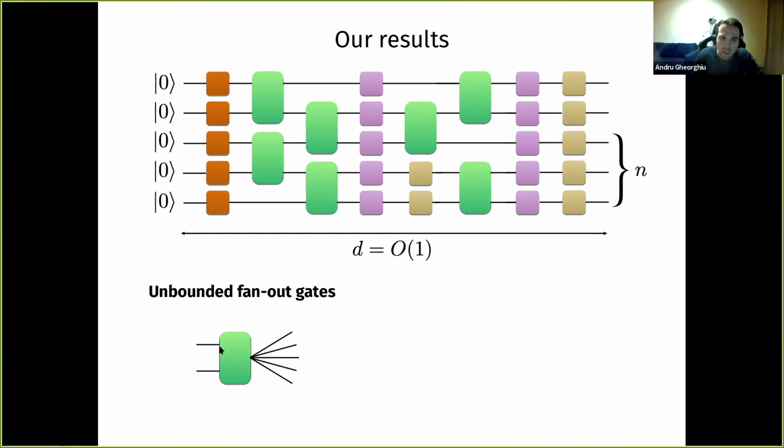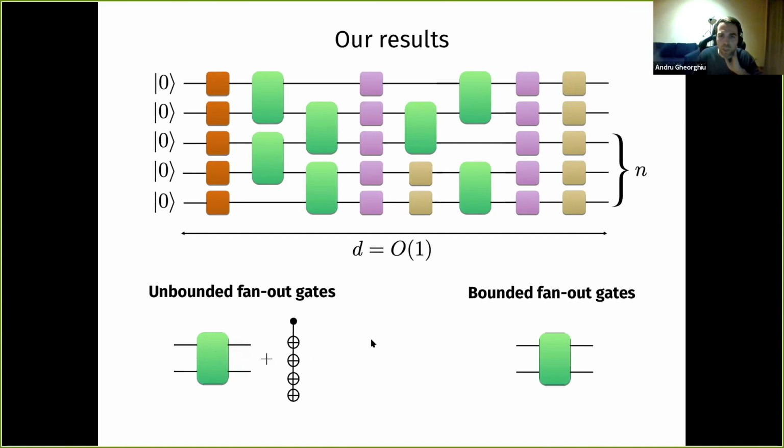These are gates that, say, take two inputs, and then the output is copied many, many times, for instance, n times. You can imagine this might be, say, a Boolean AND gate. It does the AND of these two input bits, and then just copies the output n times. So what does unbounded fan-out mean in the quantum case? Because quantumly, we can't really copy quantum states. In the quantum case, we mean that we have our standard gate set of two-qubit and single-qubit gates, plus some sort of generalized CNOT gate. A gate that has one control and multiple target qubits that it can act on.